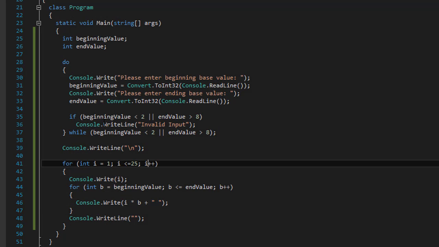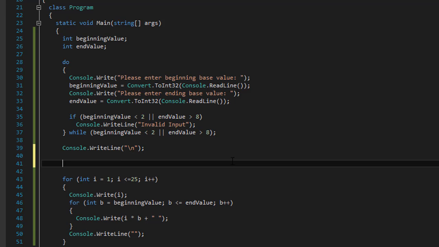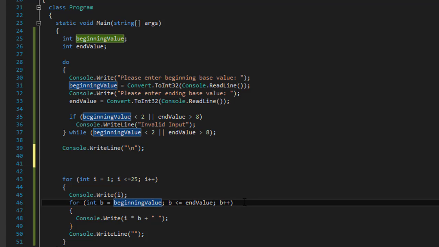And to do that, let me just do the heading first. Actually, no. Let me do the formatting first. Instead of doing it just with console.write like this, what we can do is use the string.format, and we decide how much space between the numbers we actually want. So I can do over here